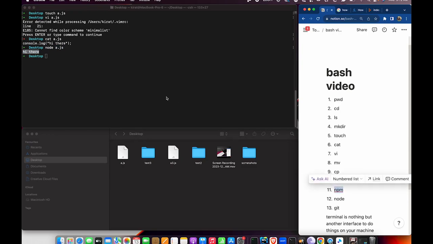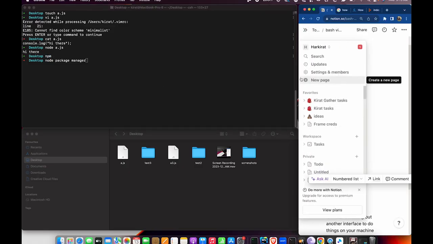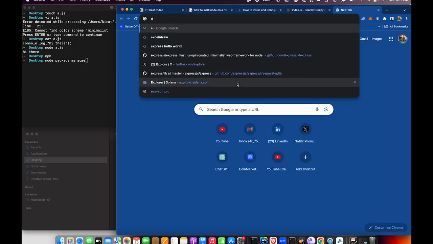Lastly, another command I wanted to introduce was npm. Now this stands for Node Package Manager. Let me give you a high level of what this is and why we need it. But eventually, as we go more into backend this week in offline videos, I'll share more about what this specific command lets you do. So, high level,